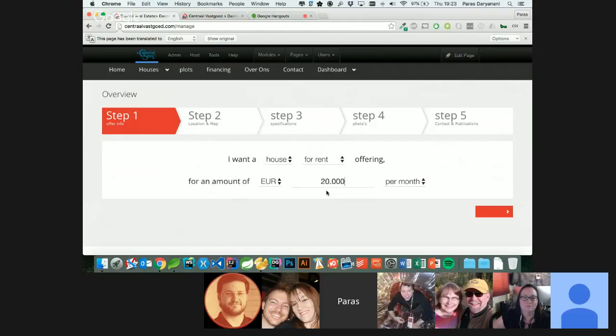It's not particularly necessary, but the reason I've done that is because I've put the exchange rate of euro to US dollars inside my code in JavaScript, and when you submit this form, it recalculates this number and saves it as US dollars and euros both in the database itself. So I want this to be a proper integer, and I don't want any errors, and that's what the JavaScript library takes care of for me. So let's just continue with this. You want to offer a house for rent for, let's say, 1,500 US dollars a month,